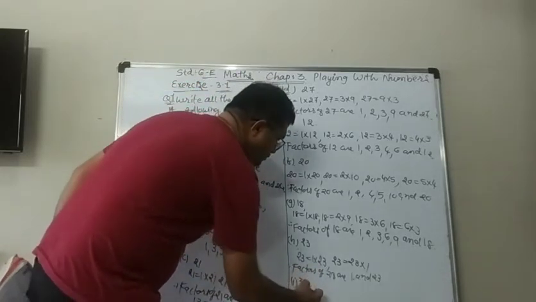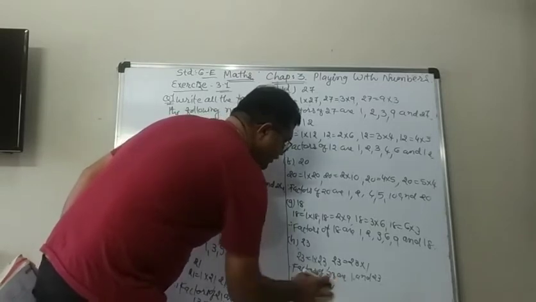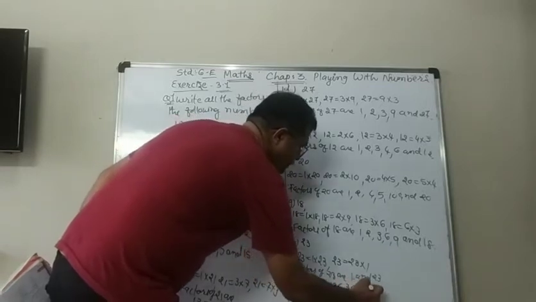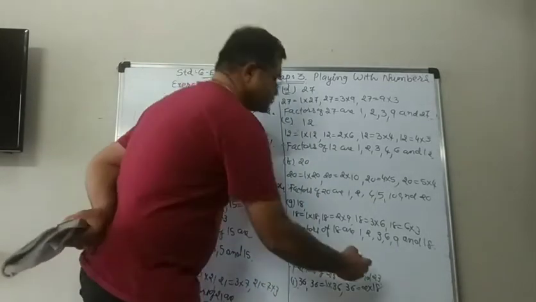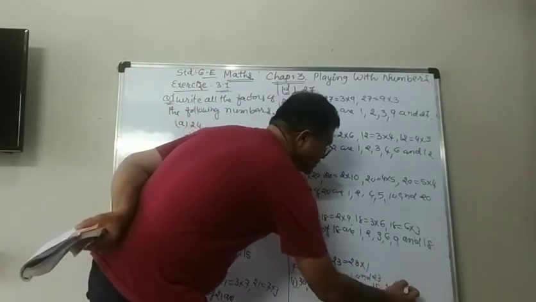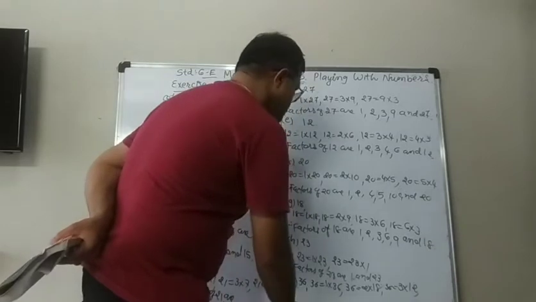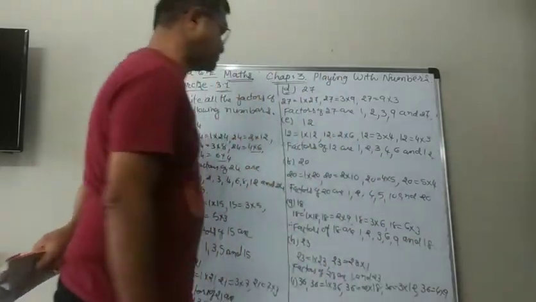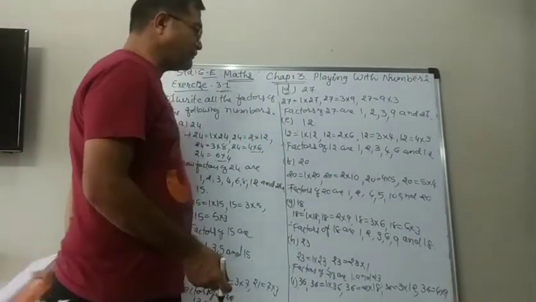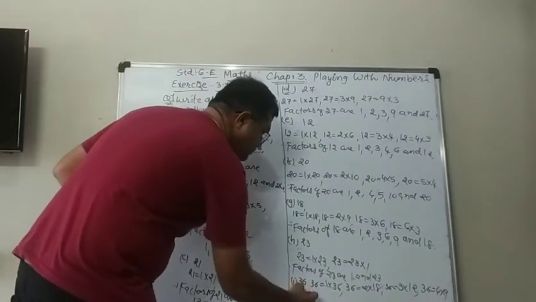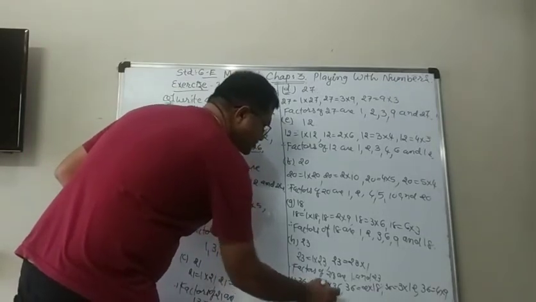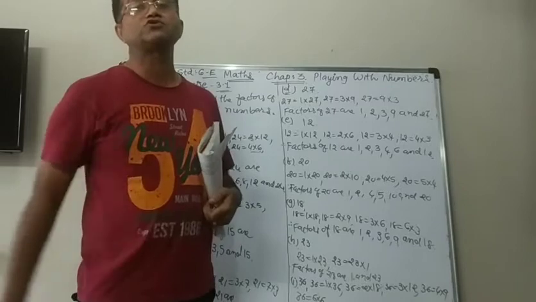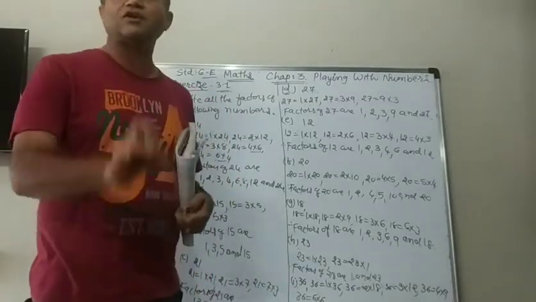So we will write down the factors of 36. 1 times 36 is 36. 36 is equal to 2 multiplied by 18. 3 multiplied by 12. 4 9s are 36. They are not divisible by 5. Then 6 6s are 36. So now also both the same came, 6 and 6. Here also we have to stop. We don't have to go forward because we will get all the factors.